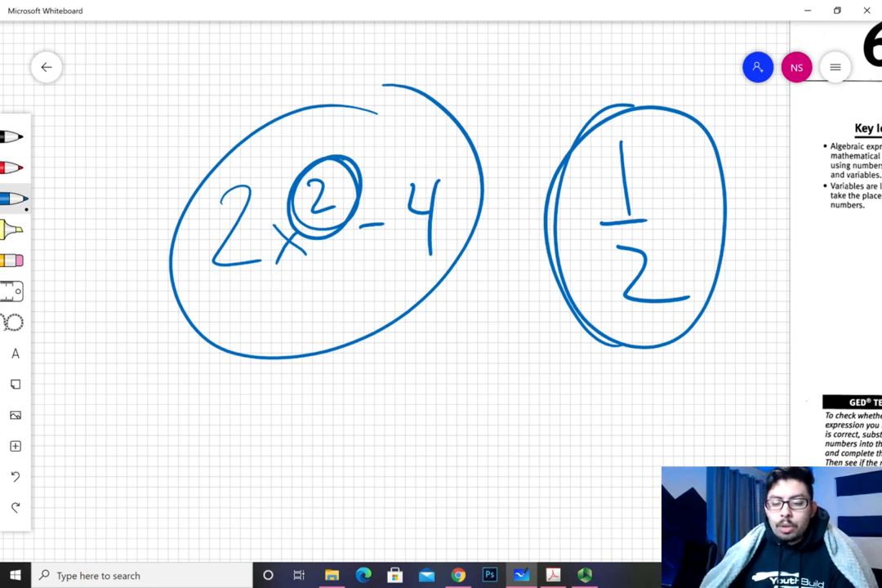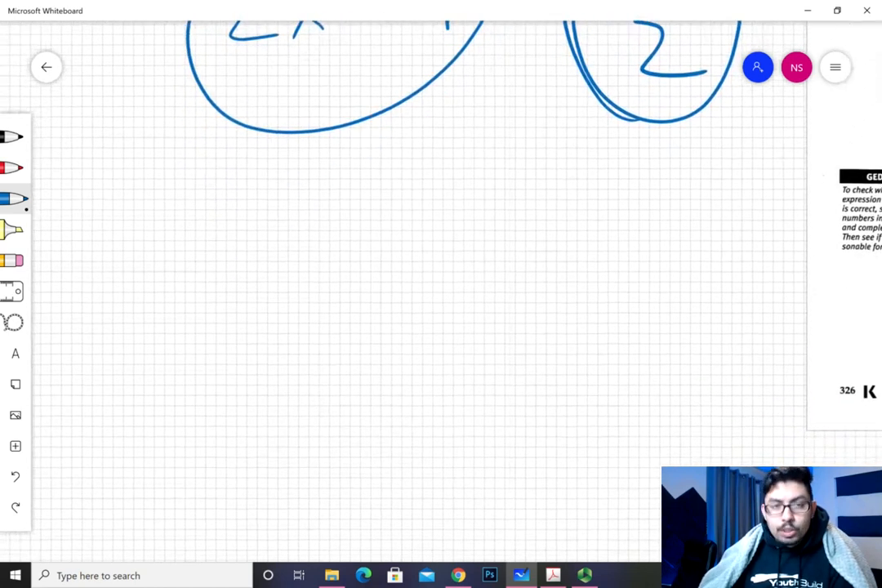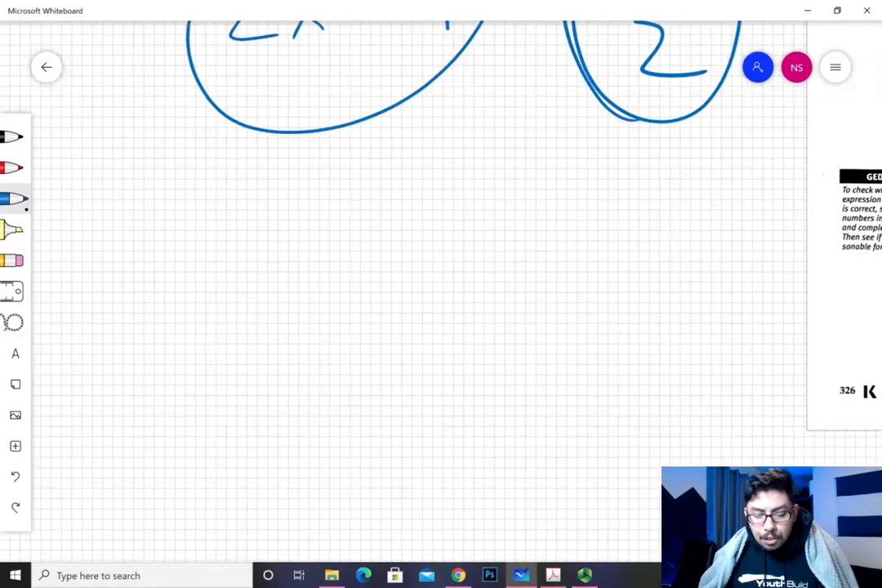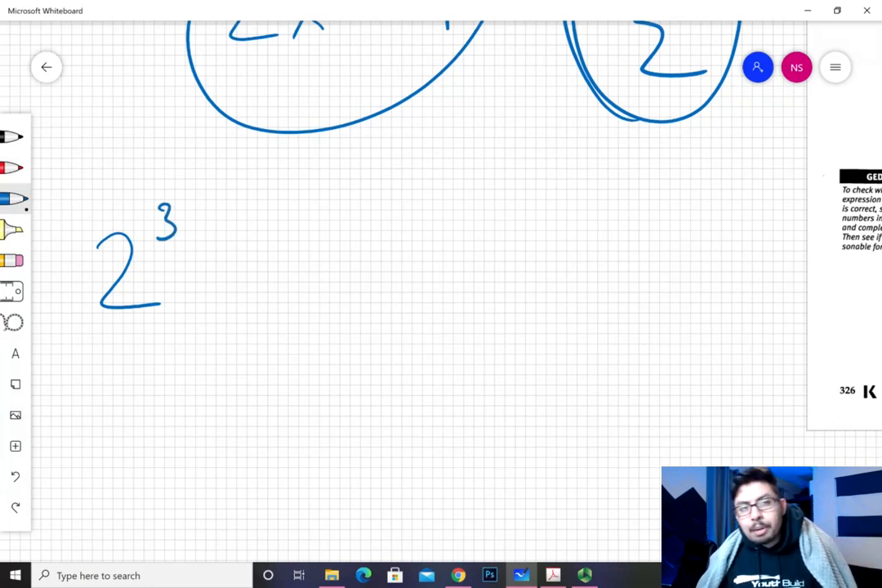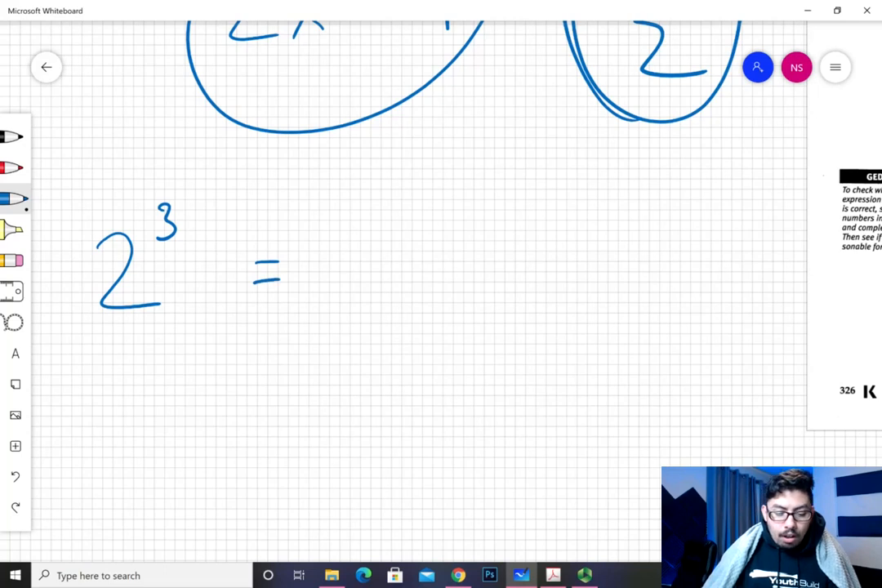But that is why I want you to start getting the habit of doing stuff using your keyboard on your computer. I want you to get familiar with how you're going to do powers, whether it be 2 to the power of 2, 2 to the power of 3, 2 to the power of 4, whatever that is. When we're dealing with powers, from this point forward on,